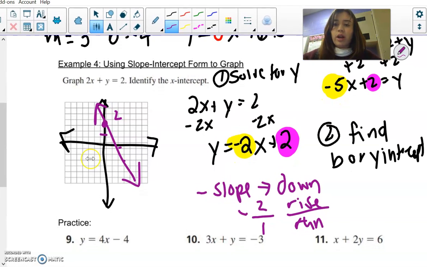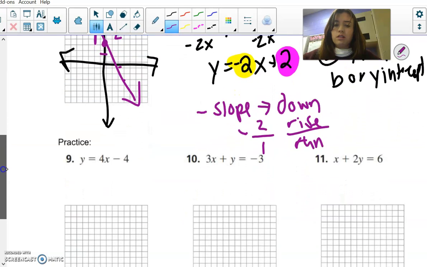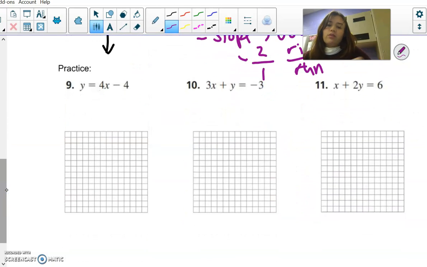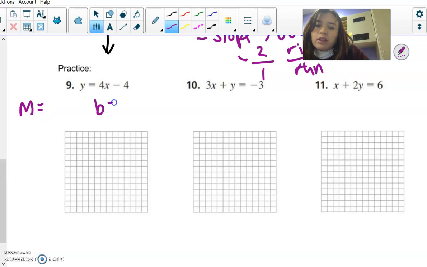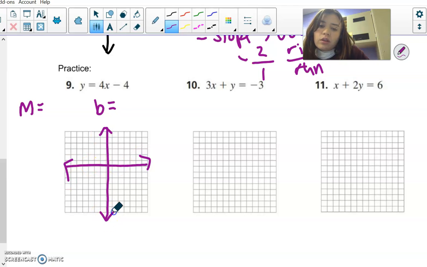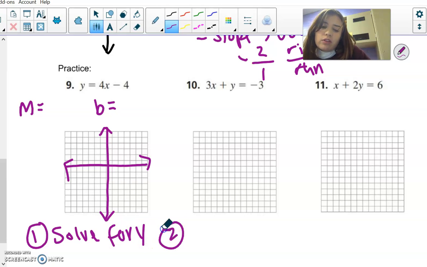So I want you guys to practice. You have to find your m and your b. And then you have to first solve for y, which for 9 is already done. And then you have to